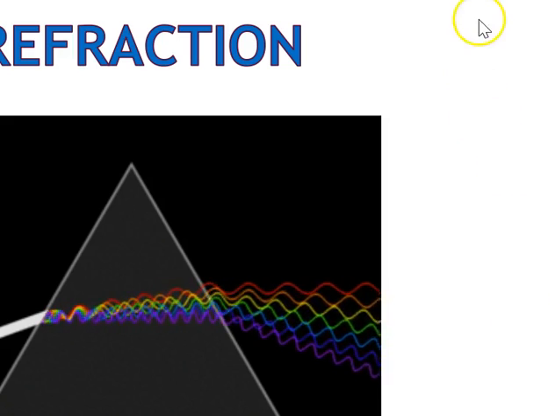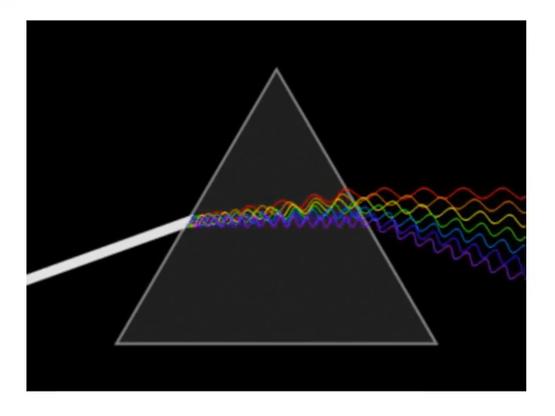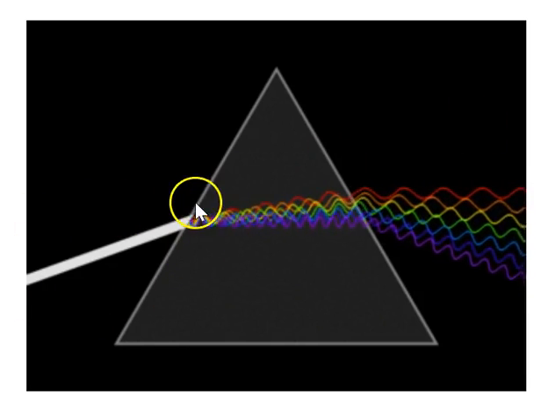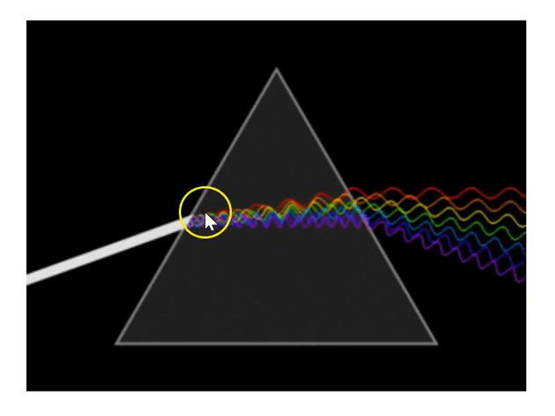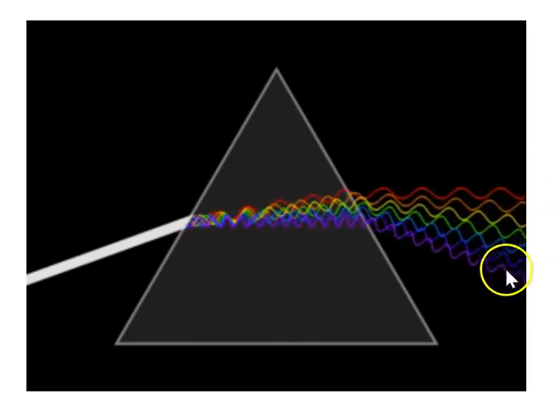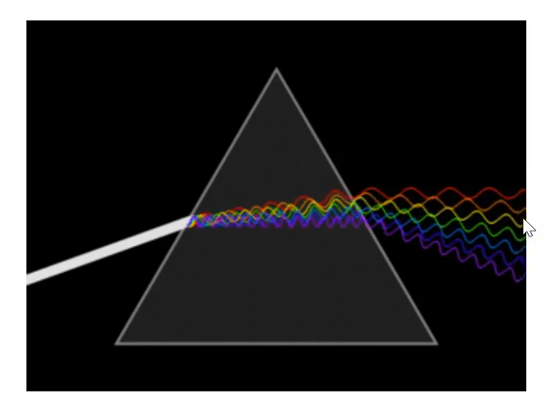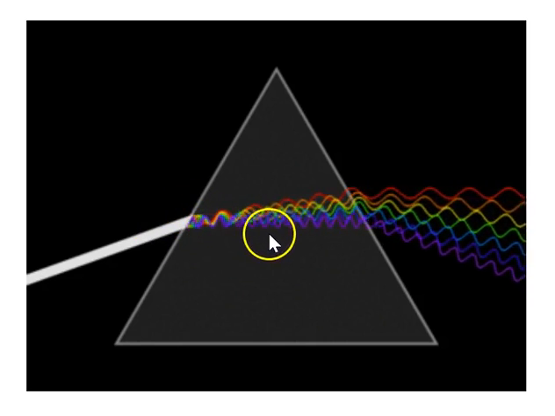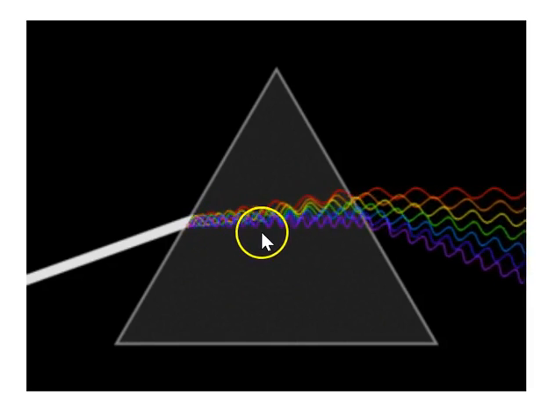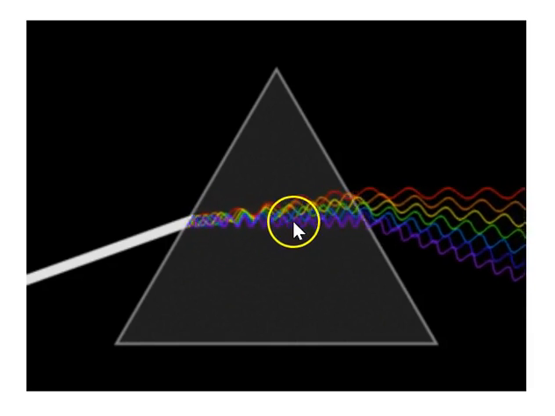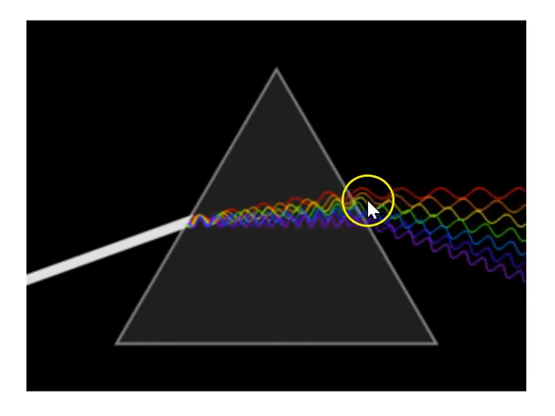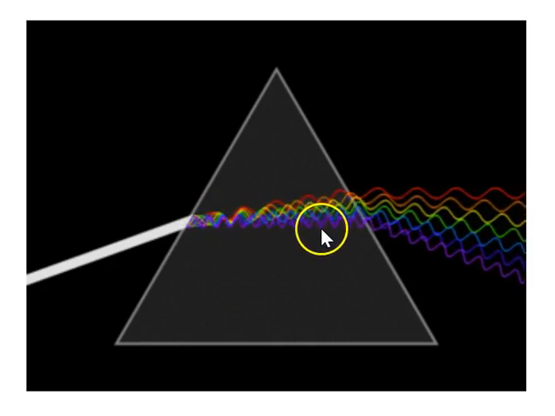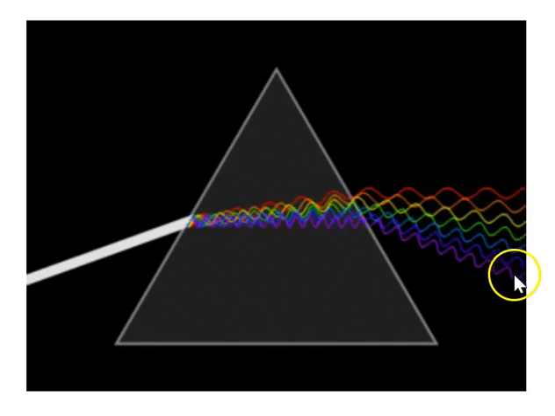So let us have a look at how the refraction occurs from the white light into the prism, and from the prism out into the air interface. We can see that the white light is filtered into 7 different colors, from red to violet, with red being refracted the least in angle, and violet being refracted the most.